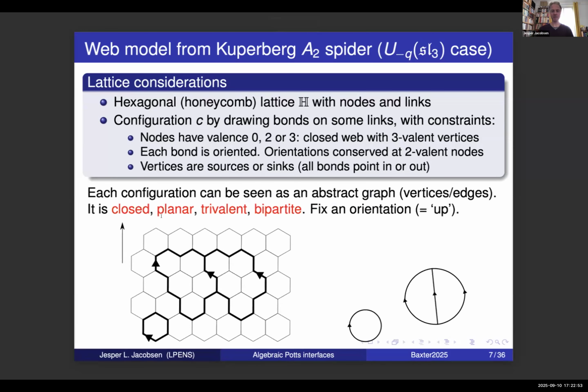So a very simple sample configuration we'll look at is on the left part of this picture. So you see here 2 connected components, one of which is a loop, another one which is a bifurcating object. And in the bifurcating object, you have 2 vertices, one where 3 oriented lines go in and one where 3 oriented lines go out.